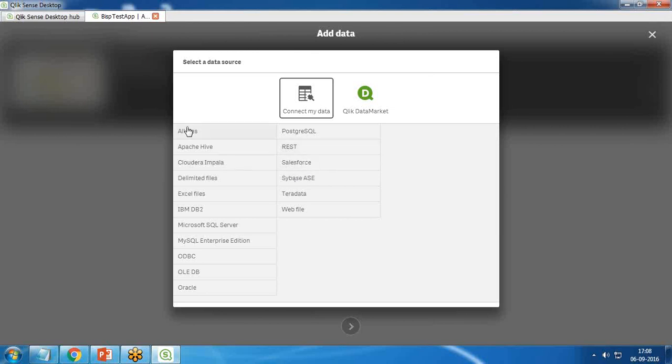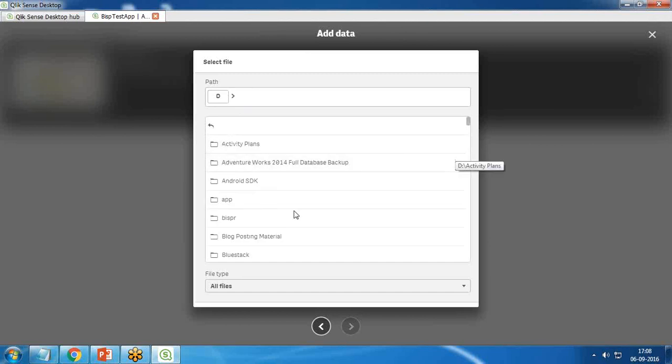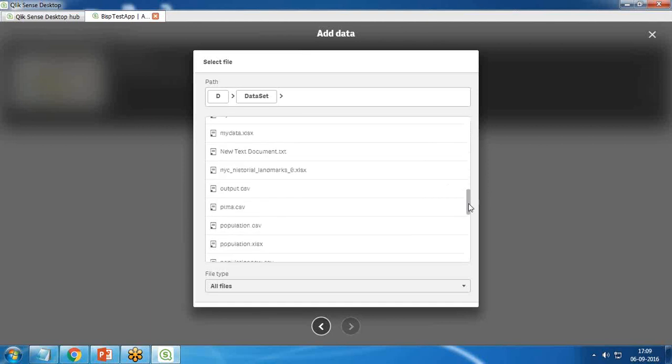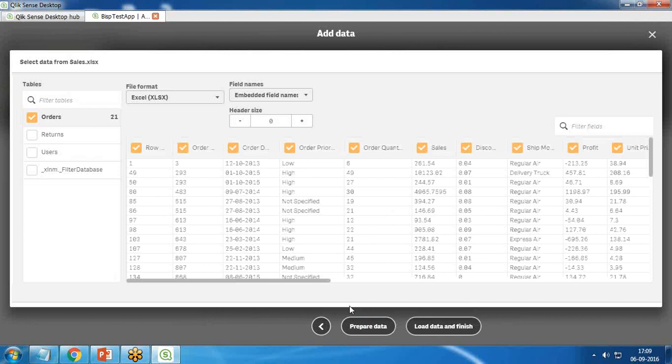It's a CRM. So I click on all files, and when I click on all files, it gives me an option to load the data from C drive or D drive. So I locate the data on my desktop, on my system. It's a data set, and from that data set, I would like to use the sales data set. So I select sales and click on this arrow next. When I click on next, the data will get loaded from the sales dataset into QlikSense,